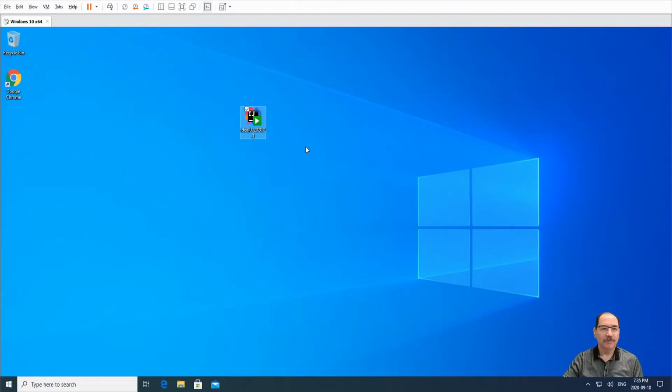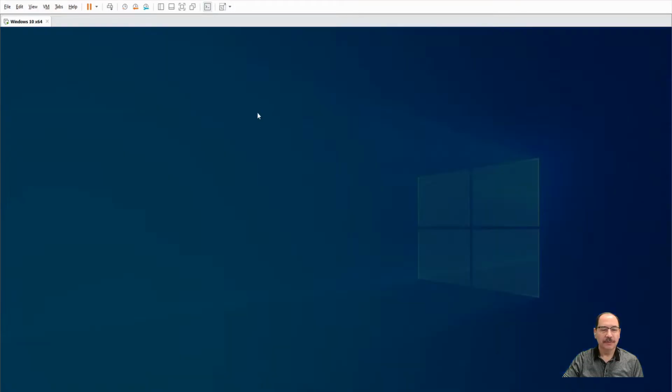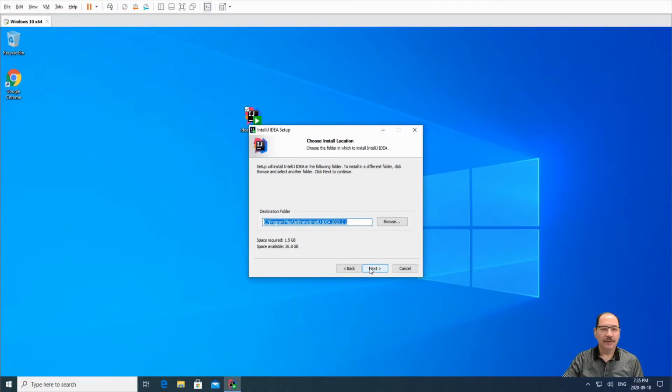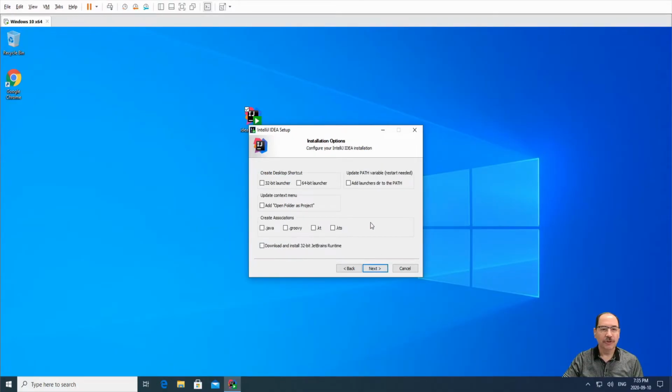Alright, so now I finished downloading the file. Now I need to double click here in order to start installing the IDE. Click yes, next, and then use the default folder name. Of course, you can change it if you like, and then depending on your computer whether you have a 32-bit machine or 64-bit machine. I think most of you have a new computer or new laptop. Mostly it comes with the